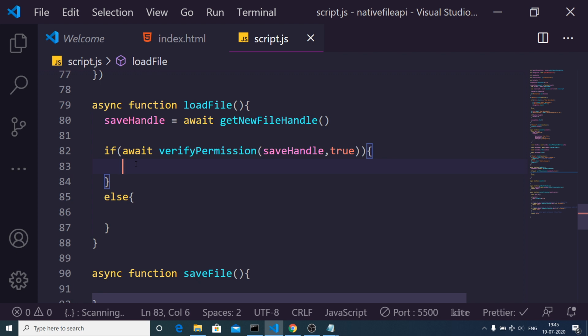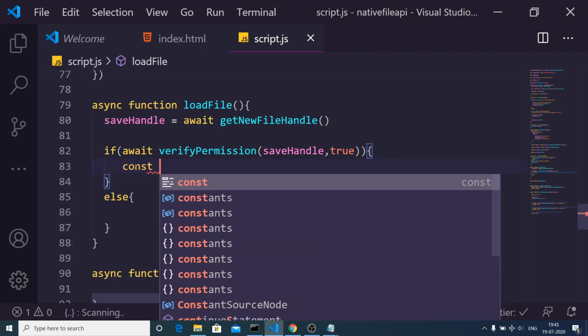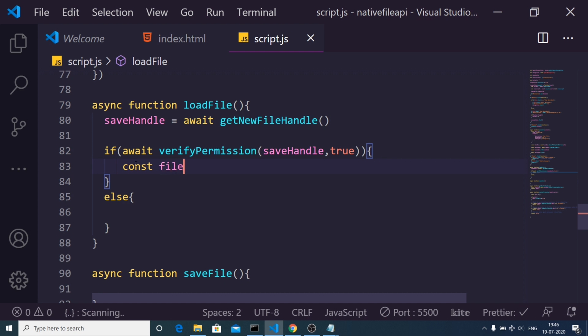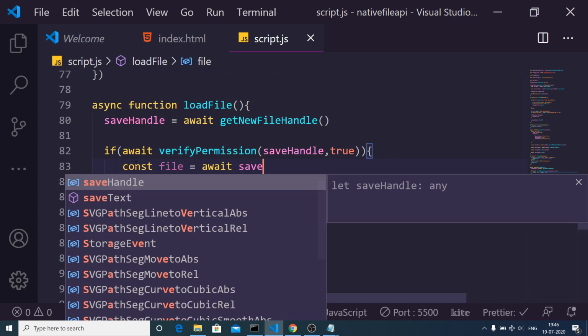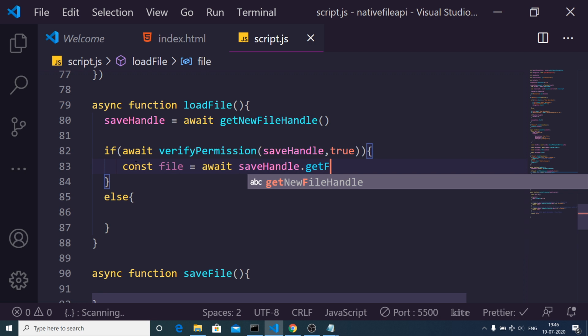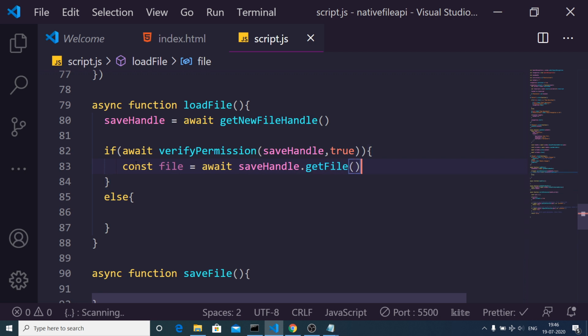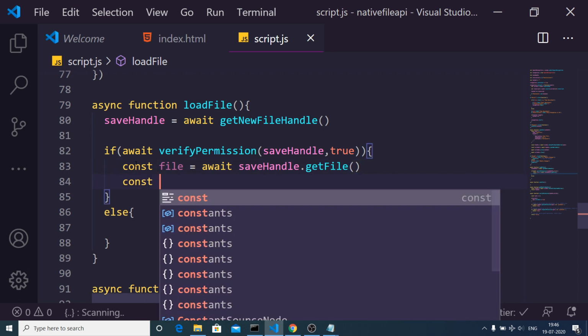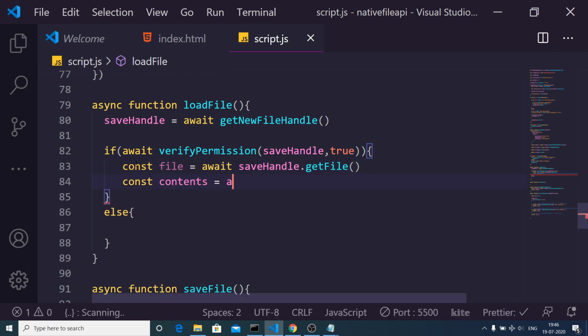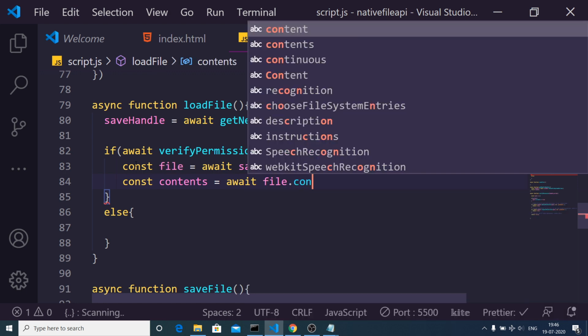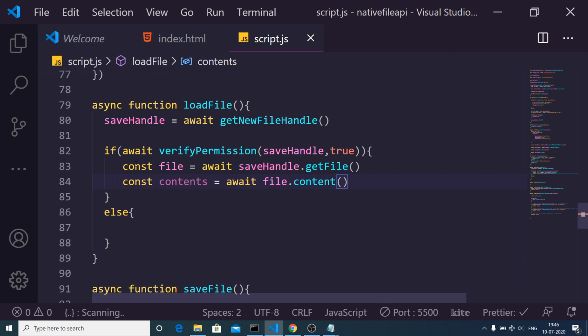If the user has granted permission, then we will write this code here, which is const file. We need to get the reference, that is saveHandle. We are using saveHandle.getFile, so we will get the file which the user wants to edit. After getting the file, we can extract the contents, const contents, with an await keyword. This will be file.content.